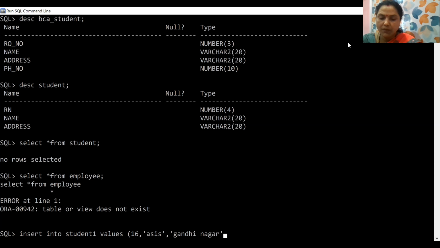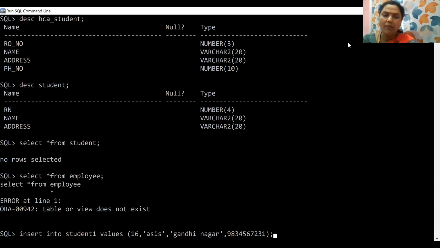Suppose his phone number is something like 983465, like that. 1 2 3 4 5 6 7 8 9 10, 10 characters are there. Now close it. Your values into the student table are now going to be inserted.